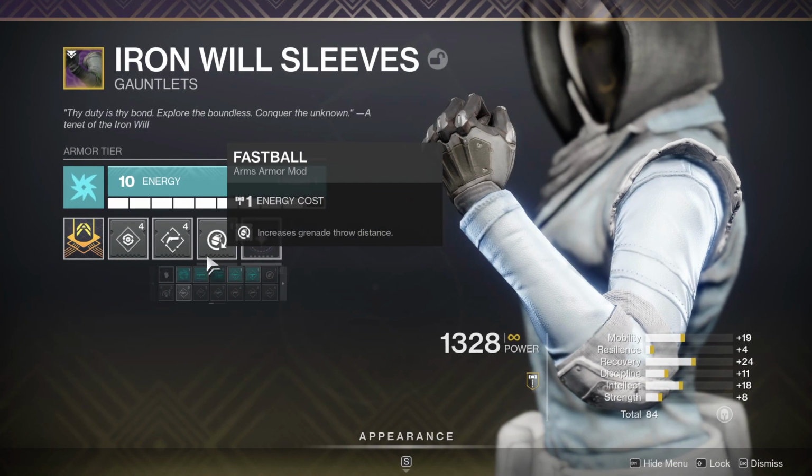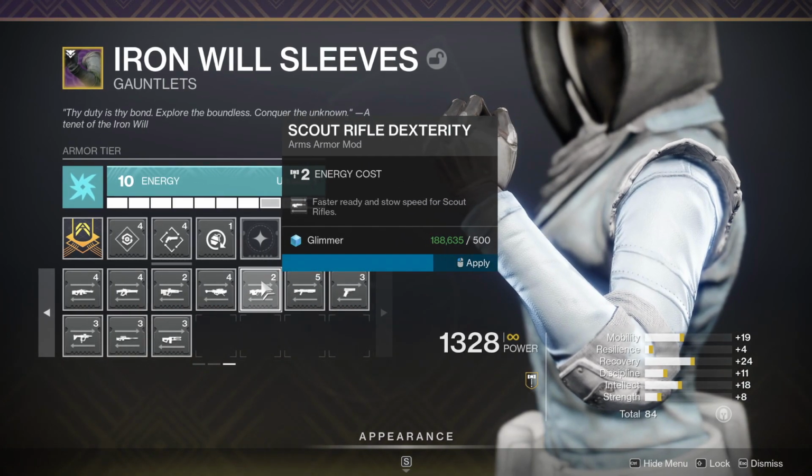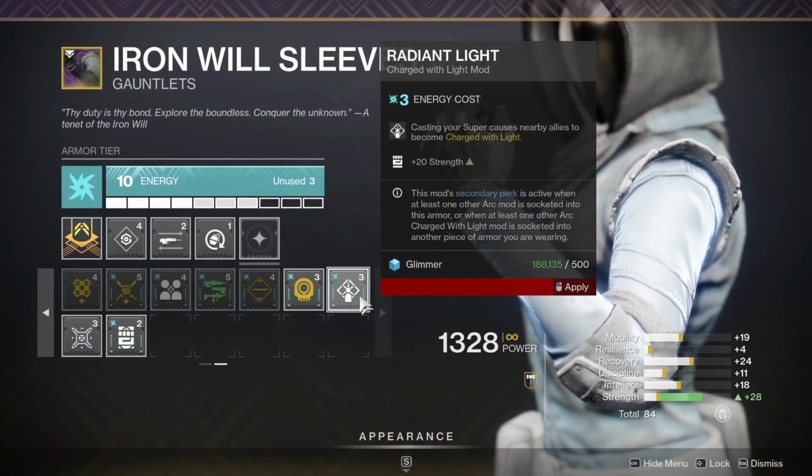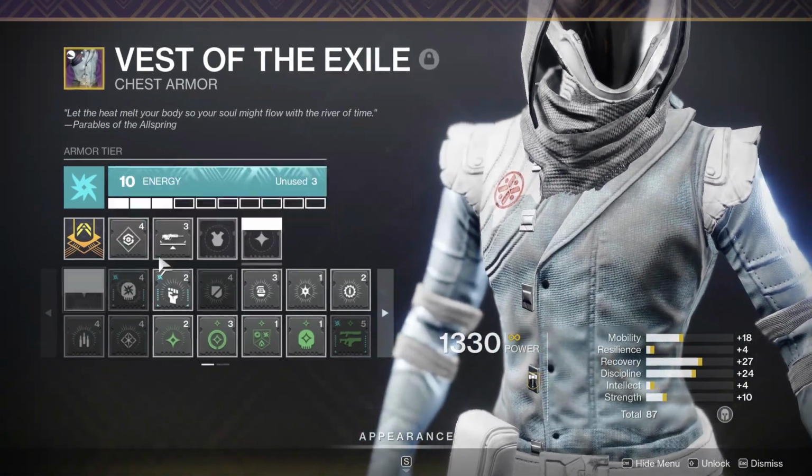And depending on what I'm using, so if I'm using a hand cannon, I clearly can't fit a Radiant Light mod here, but since I am using a scout rifle and I have a lot of room, I'll slap on a scout rifle dexterity mod and I could actually fit in Radiant Light here. So that lets me remove it from my chest piece,